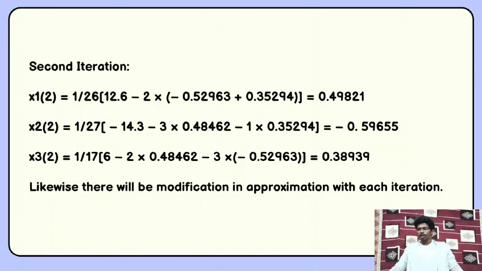First iteration: x1 of 1 equal to 1 divided by 26, times 12.6 minus 2 into 0 minus 2 into 0. We get 0.48462. Then x2 of 1 equal to 1 divided by 27, whole multiplied by minus 14.3 minus 3 into 0 minus 1 into 0, which gives minus 0.52963. For x3 of 1 equal to 1 divided by 17, whole multiplied by 6 minus 2 into 0 minus 3 into 0, we get the answer as